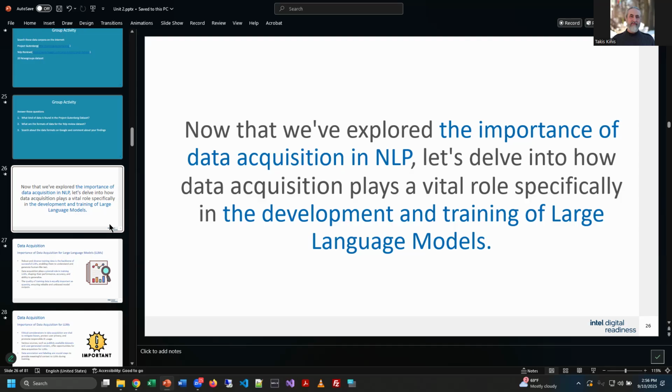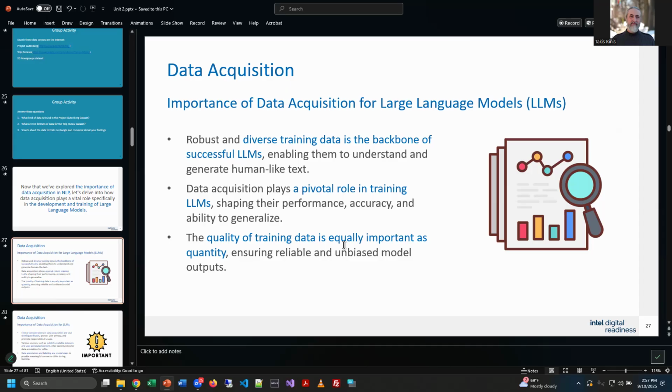All right. It says, now that we've explored the importance of data acquisition, let's see how data acquisition plays a vital role, specifically in the development of large language models, right? Because it is important. So let's read through this, because this stuff is pretty important. It says robust and diverse training data is the backbone of a successful LLM.